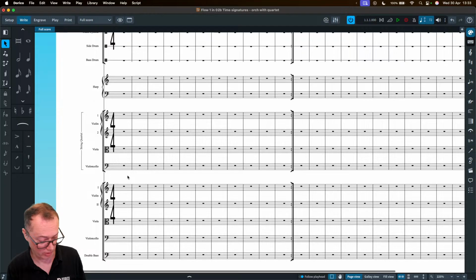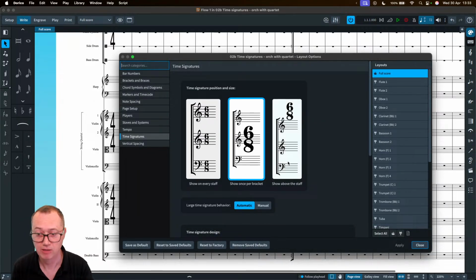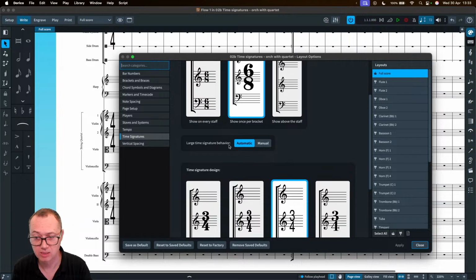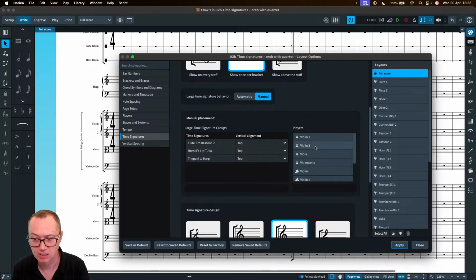So now in Dorico 6, in your layout options, because it's particular to this layout, for your time signatures, this is the automatic behavior, but you can also do manual now, and you can choose various things to do with time signatures. I'm just going to remove this one because I've already added it. So now you can see all of these players. These are created automatically from the families of instruments that were there. So this is the woodwind, flute to bassoon 2, and the brass, and the timpani to harp,